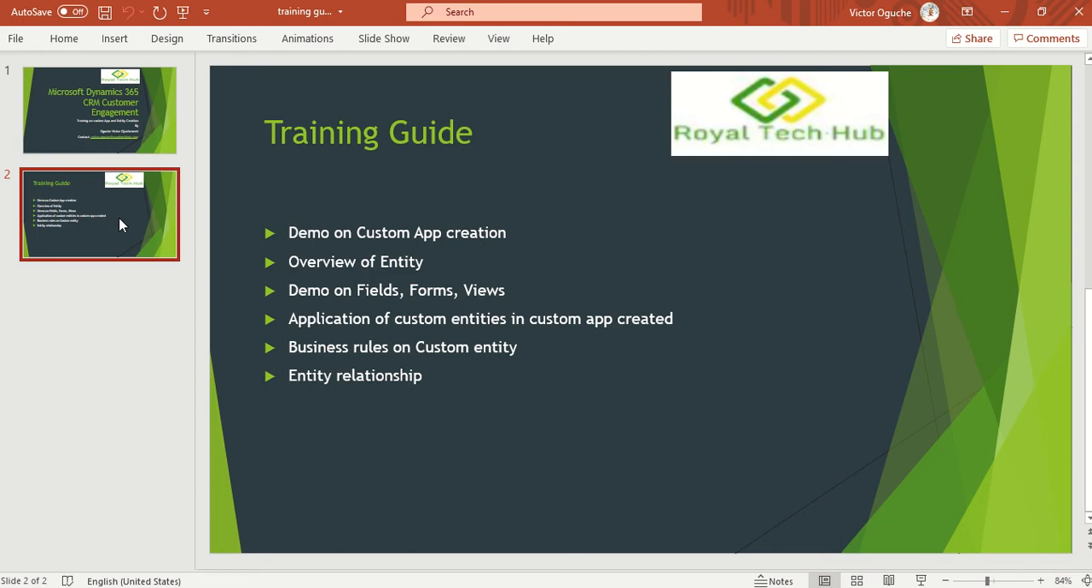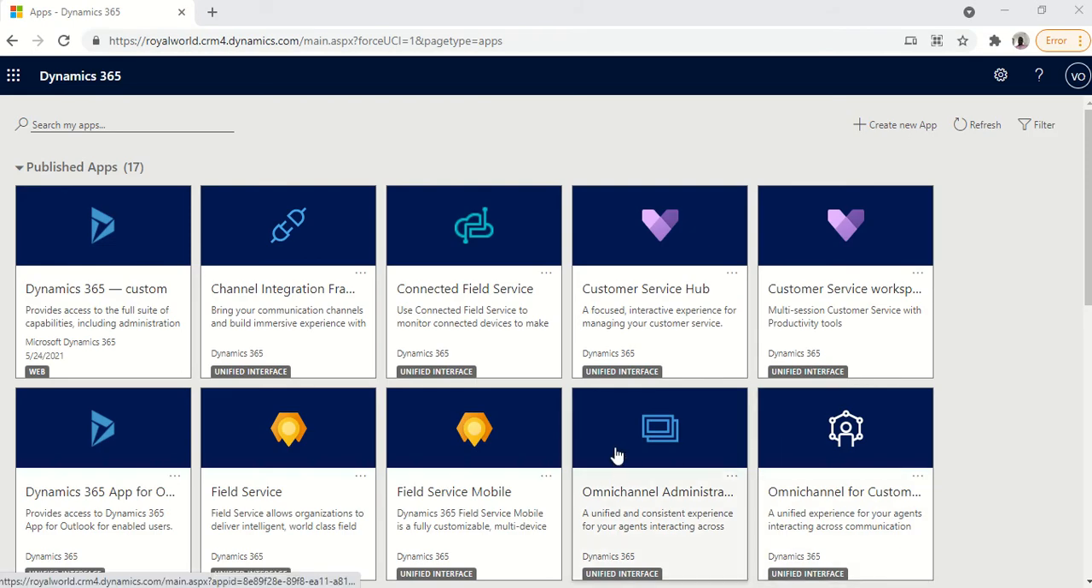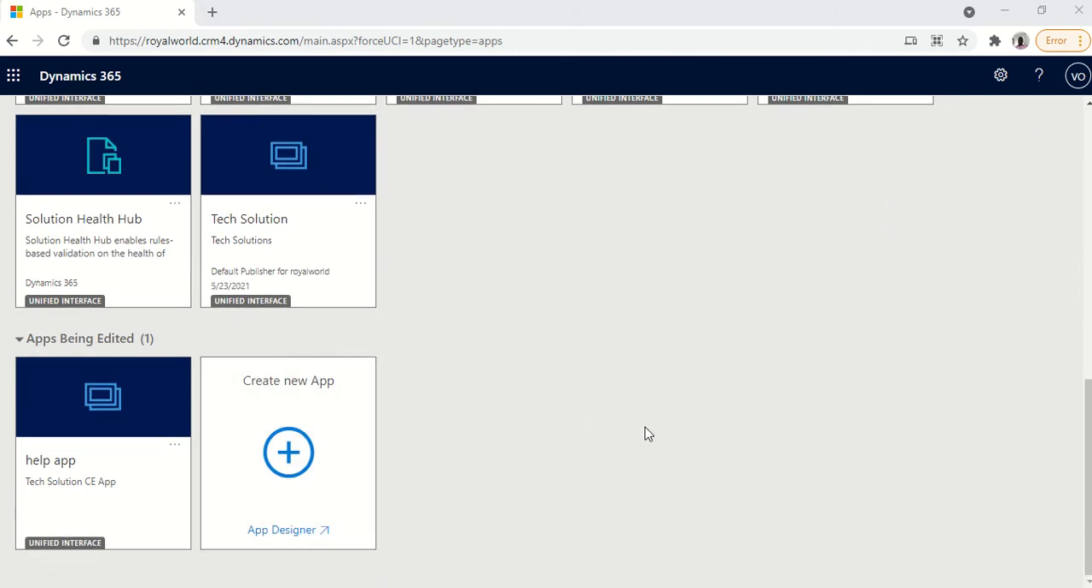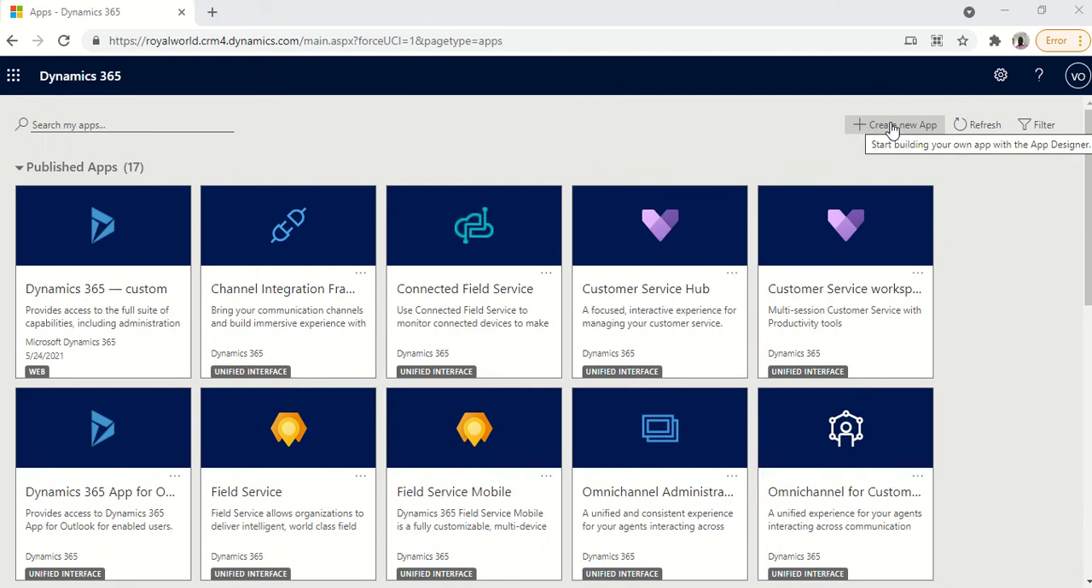So quickly, I'll be showing you how to build a custom app on the Dynamics CRM environment. So let's quickly head to our Dynamics environment. So I'm launching my Dynamics environment. So this is the home page of my Dynamics environment. So quickly, to create a custom app, you could either use the create new app icon here, or you could scroll down to the create new app. So I'll go at the top and click on create new app,